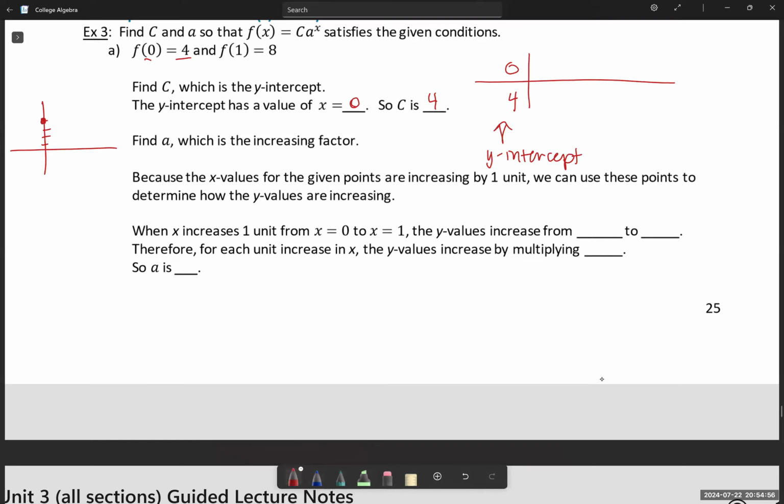Finding A is pretty simple because all we have to do is find out how is this thing growing. So this is the increasing factor in this case, or what I like to call it, the growth rate. Okay. So from 0 to 1, we have that increase, but here we're multiplying by 2. So because we went an increase from 4 to 8,